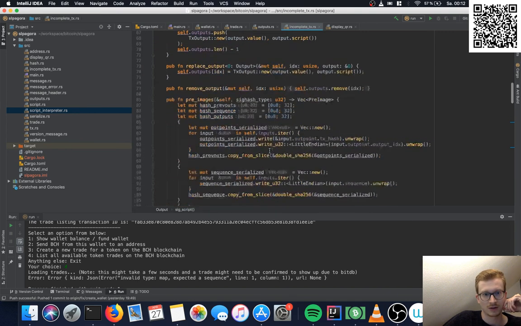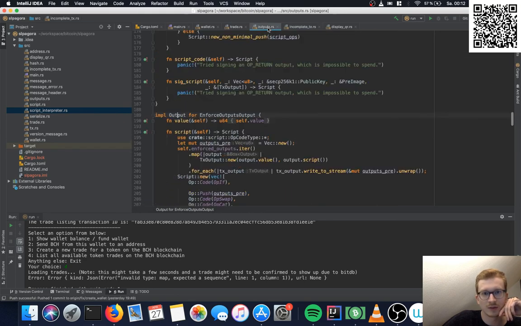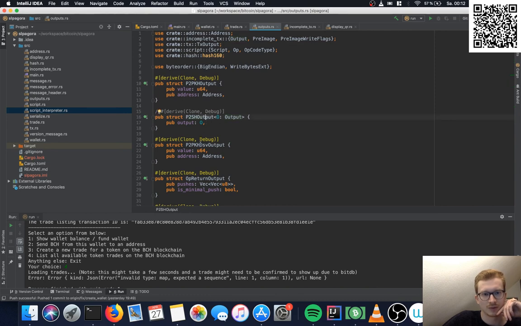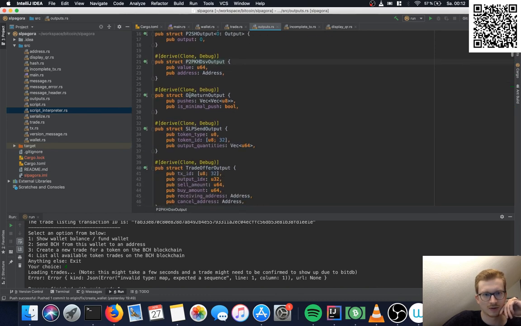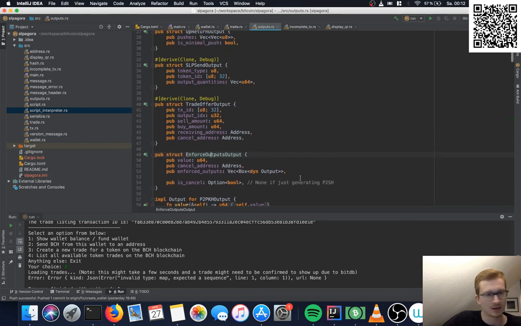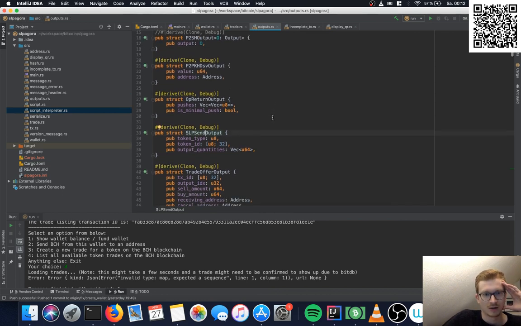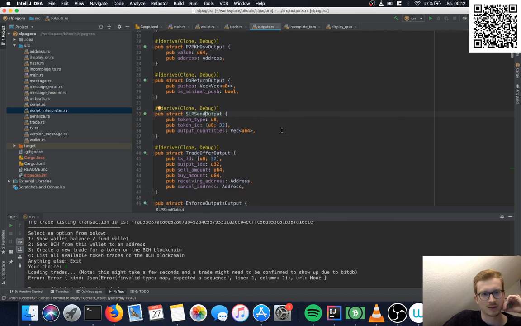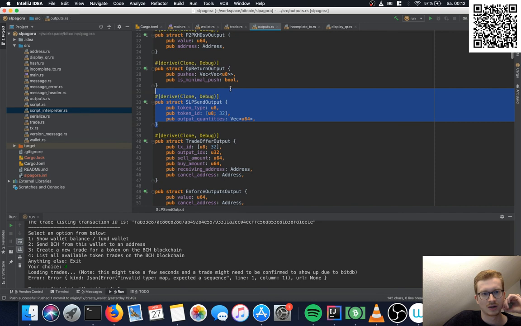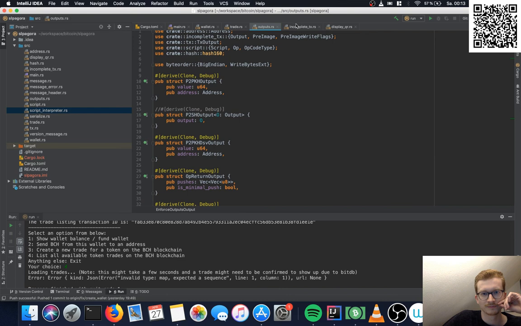You have pay to script hash, OP return, SLP, this trade offer, and the enforce outputs output, and you can add many more, like anything that works. Maybe you can do a memo output, or some other kind of trait which will be enforced by this thing.